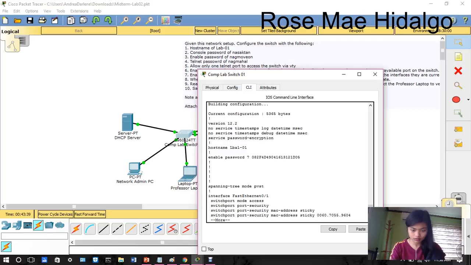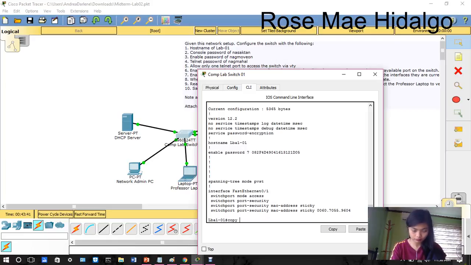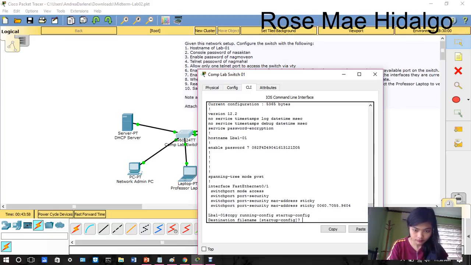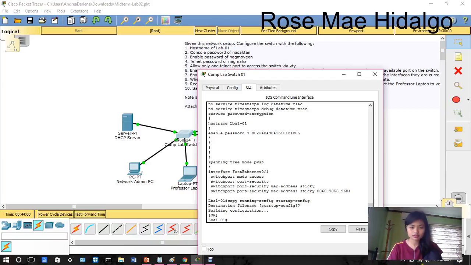So copy running config startup config, then enter. So that's all. Thank you.